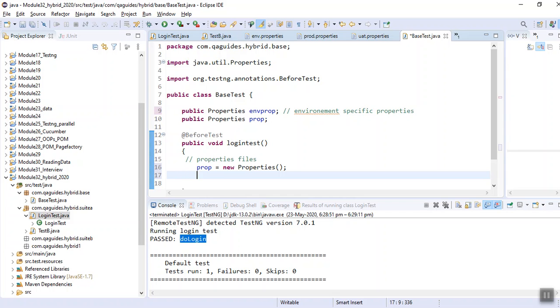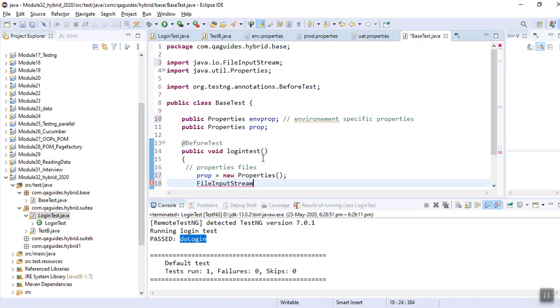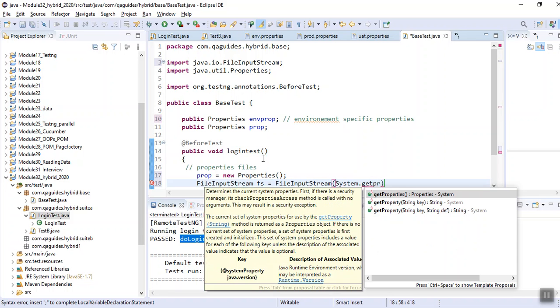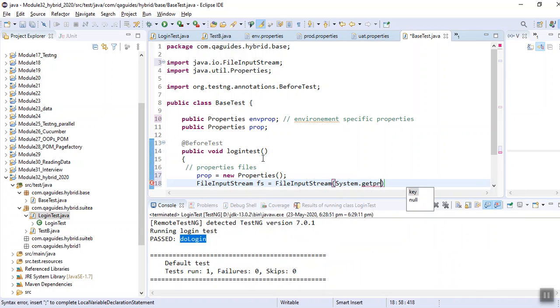Now I have to create the file input stream for it. FileInputStream fs is equal to new FileInputStream, System.getProperty, give your current directory, user.dir.